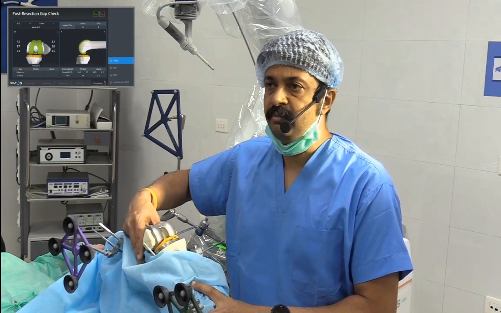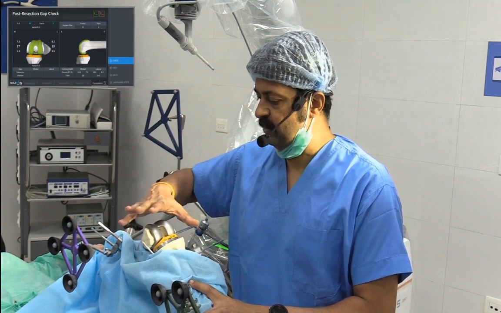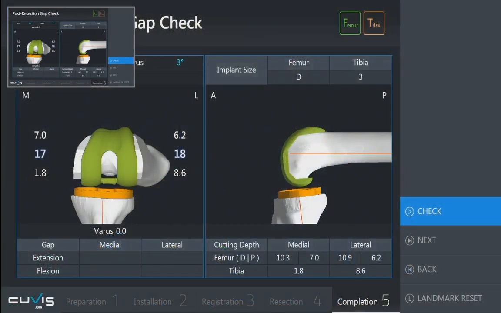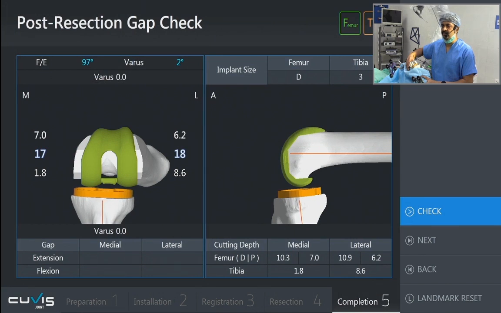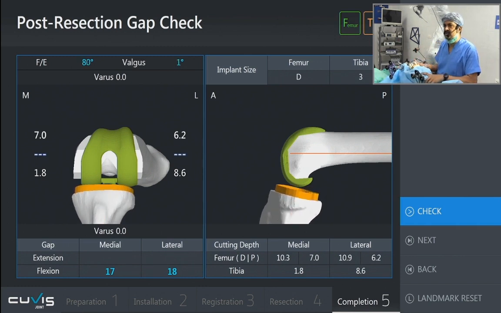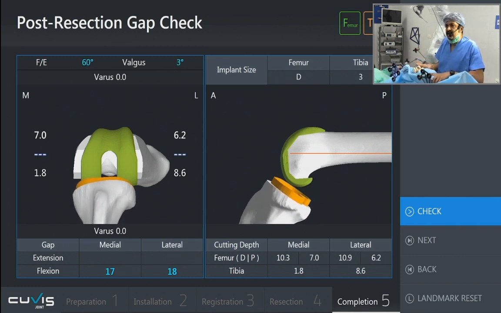So this is the time after all the cuts I have been able to put my trial implants in, and this is a real-time check of the truth. The moment of truth is out here, and you can see in flexion the medial and the lateral gaps are almost equal, 17 and 18 millimeters. This is at about 97 degrees of flexion. I'm going to try and make it